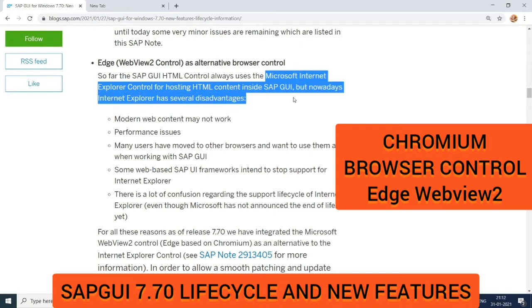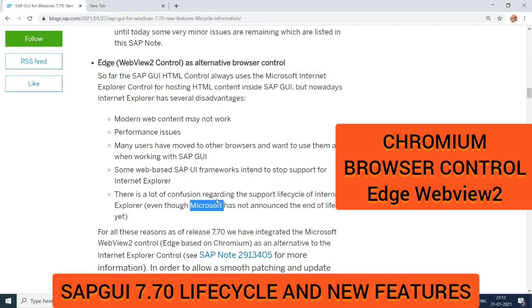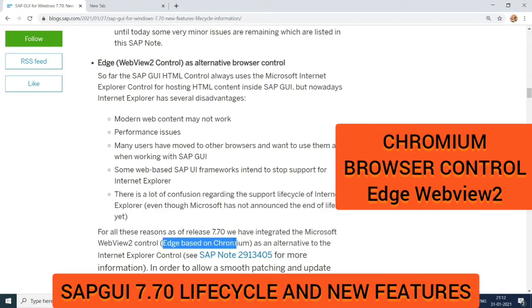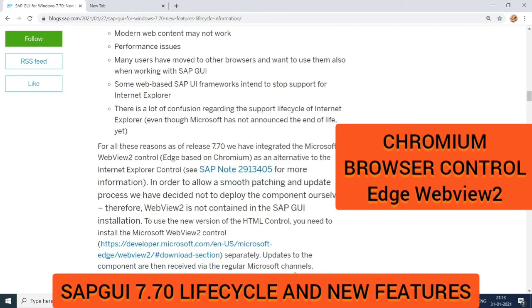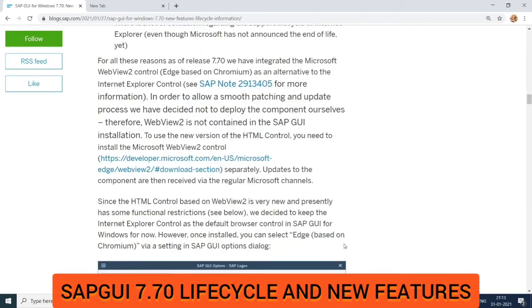Though the operating system default browser is Edge, Chrome or any other browser, the SAP GUI HTML browser control was coded to use only Internet Explorer. But from SAP GUI 7.70, SAP included Chromium browser control to launch the browser functionalities in Edge browser. However, by default in SAP GUI 7.70, Internet Explorer will be the default browser control, but the user can change the browser control from SAP logon pad options.